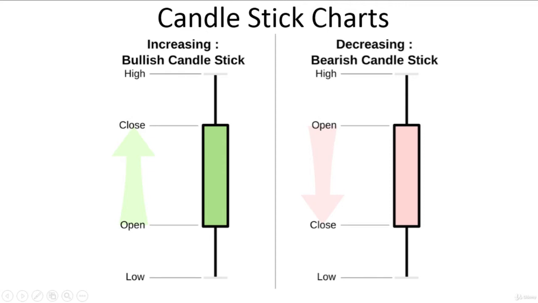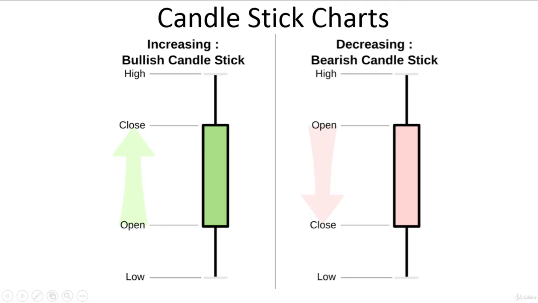As you see on your screen, the formation of a candlestick chart looks similar to bar charts, but the formation is a little bit different and gives a closer visual representation of the price movement. Here we see the close is greater than the opening, and that is shown by a box. That box is called the real body. The thin line above the real body is called the upper shadow, and the thin line below the body is called the lower shadow.